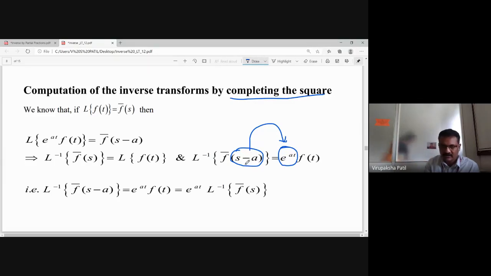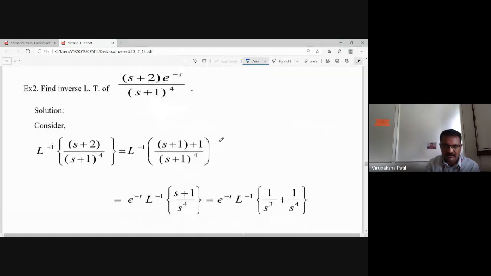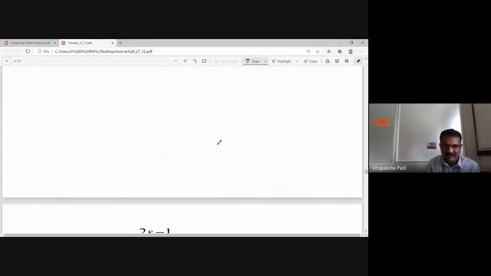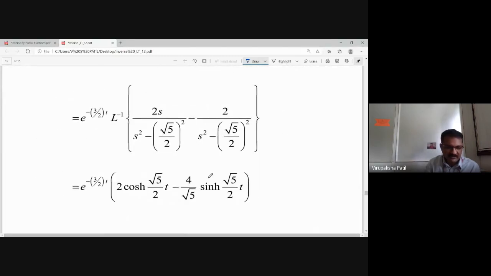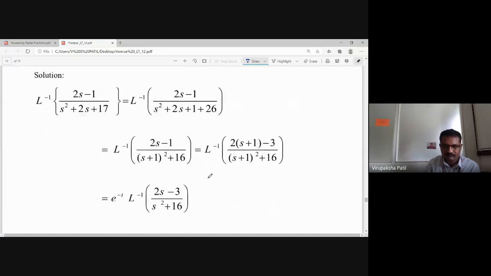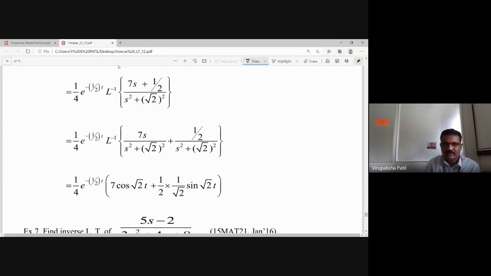If it is minus here, e to the power minus at, if it is a plus here. So with respect to this, it is reduced to f bar of s, then you have to apply L inverse, then you will get f of t. With respect to this also we have taken the procedure, and we have taken some examples. Am I right? Agree or not? All of you agree, no? These are two methods you learned.